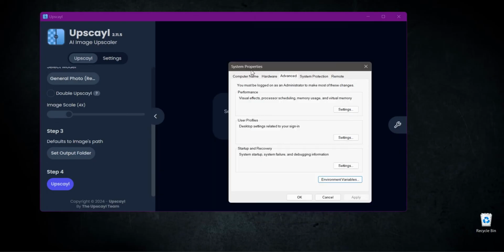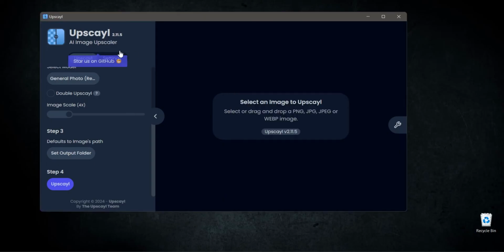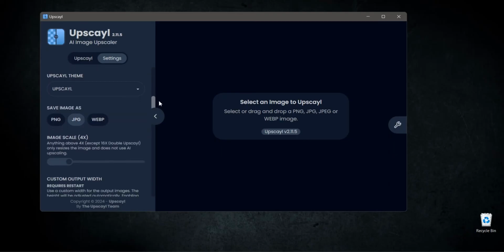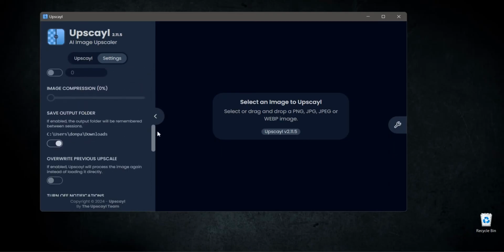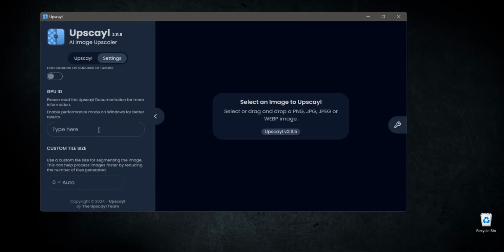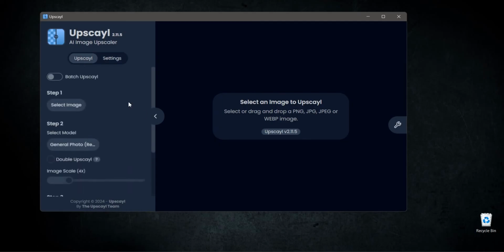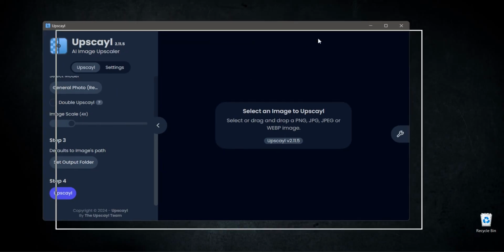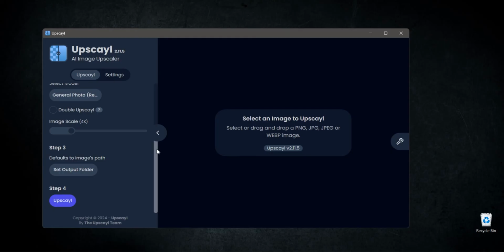After you add the system properties, after that here in the settings, before there's I think 0, so I just remove what is typed here, so it will become automatic. It will detect the GPU ID. After that it fixes the error and I can use this one now, especially for AI images if you want to resize.